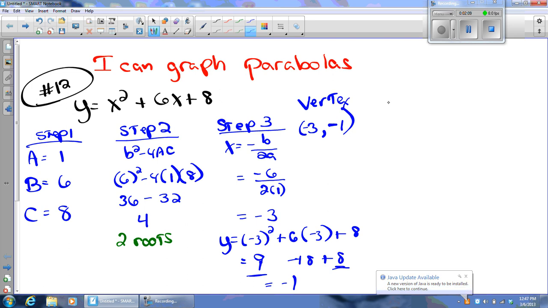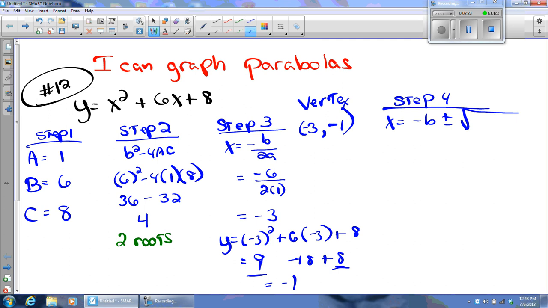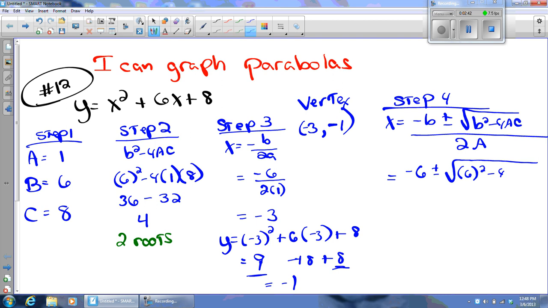Okay, step 4. I'm going to go looking for my zeros, my actual roots. I know there's going to be two of them. This is where I use the quadratic formula. x equals negative b plus or minus the square root of b squared minus 4ac, all over 2a. Very good. Now I'm going to put 6 in for b, and I'm going to do the square root. So I'm going to get 6 squared minus,